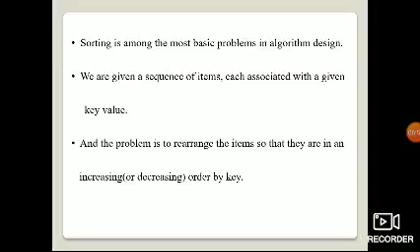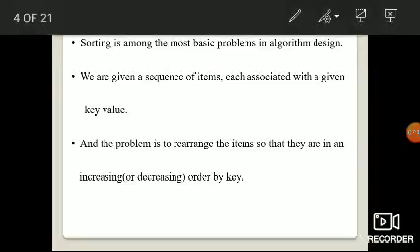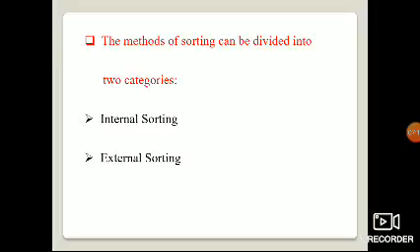The problem is to rearrange the items so that they are in increasing or decreasing order by the key. Sorting is nothing but arranging the items in a logical order.